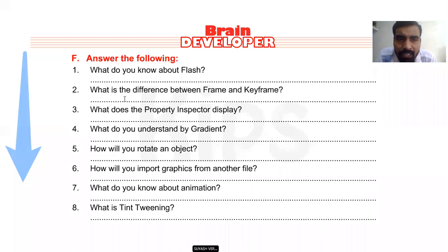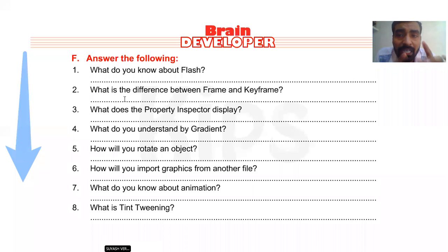Now, second question. Let me discuss first. Second question is, what is the difference between frame and keyframe? So, frame is little rectangular cell that appear on the timeline. But keyframes are the special type of frame where we define some change in the object.